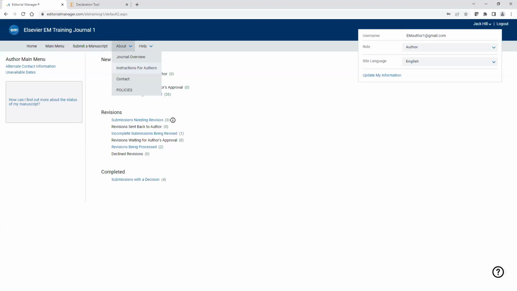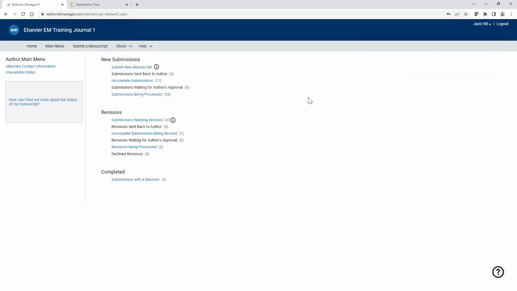Okay, so once you are ready to begin the submission process for your paper, you can go ahead and click Submit Manuscript. You can do that from here in the navigation bar. Submit a Manuscript will take you directly to the submission page, or you can click this first link here, Submit